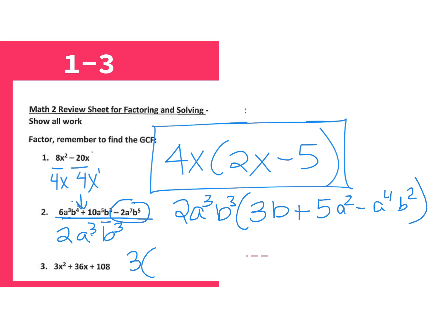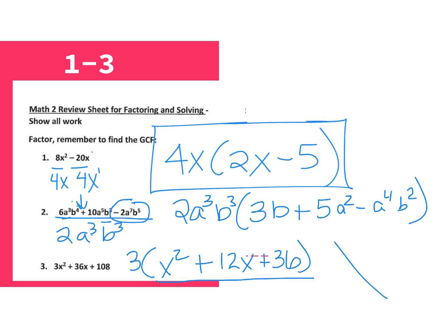I'm going to pull out a 3. So 3 goes into 3 one time, and then I'm just going to list my x squared. I'm going to divide 36 by 3, which is going to give me a 12 x, same sign, plus 108 divided by 3, which is 36. Okay, so notice that my answer is a trinomial here because I have 3 terms, and I can continue to